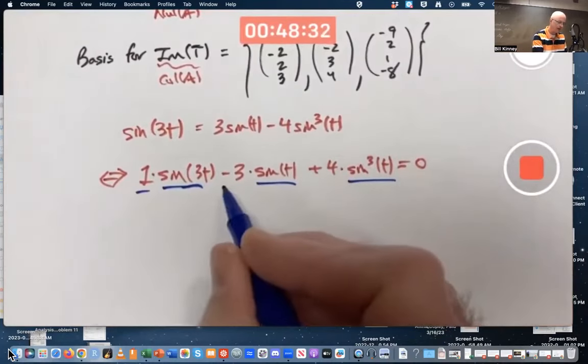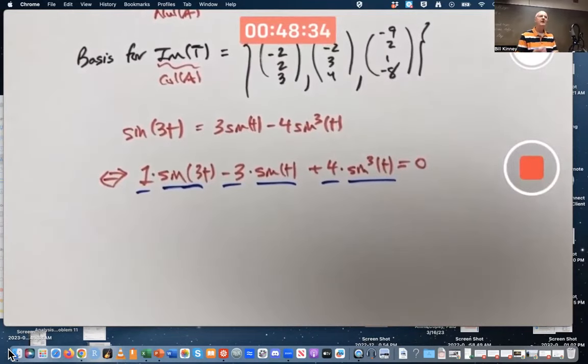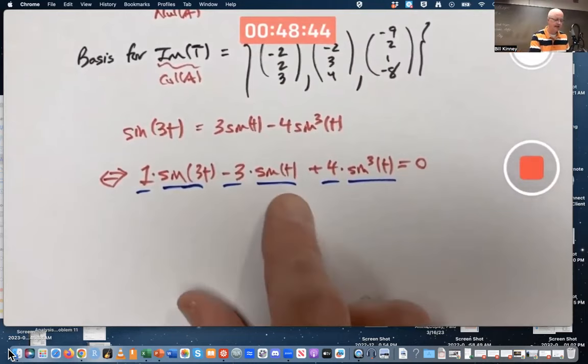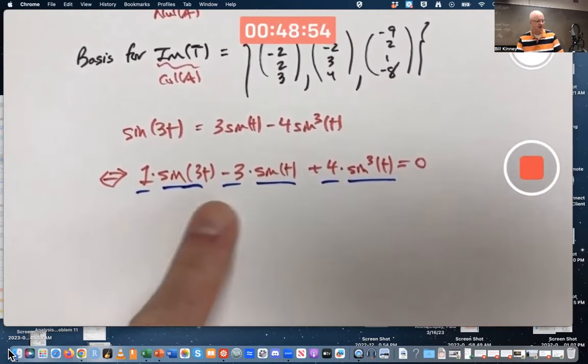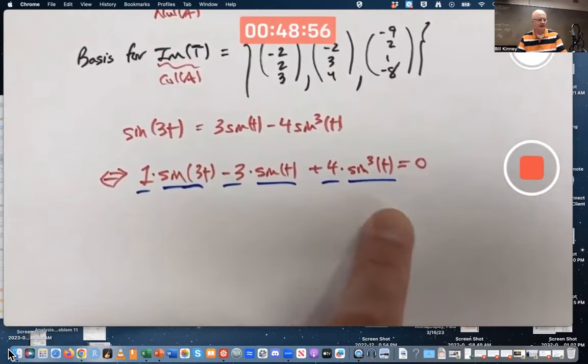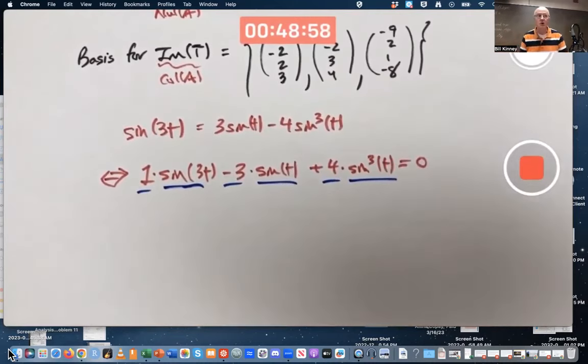The weights are 1, -3, and 4, equaling the 0 function. That's enough to say right there that these 3 functions, sine 3t, sine t, and sine cubed t, are linearly dependent functions, not linearly independent, because you have a non-trivial linear combination of them giving you the 0 quote-unquote vector